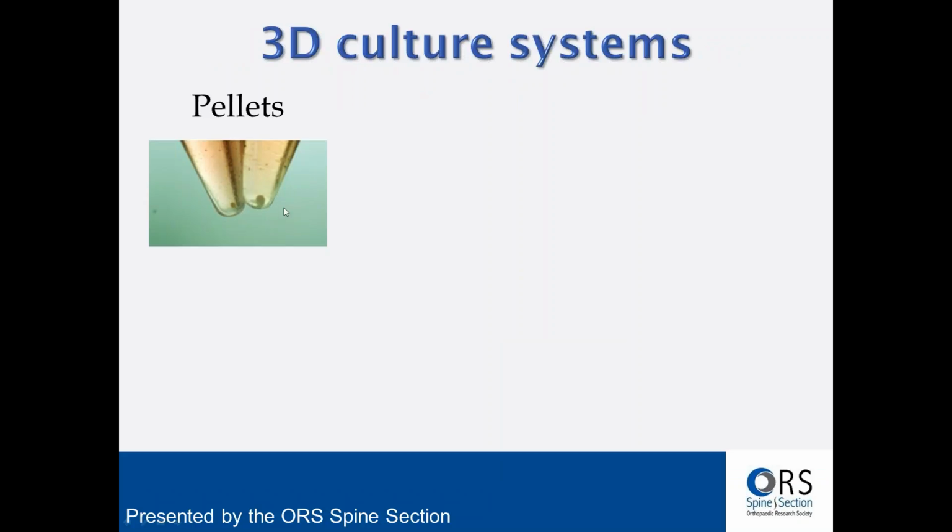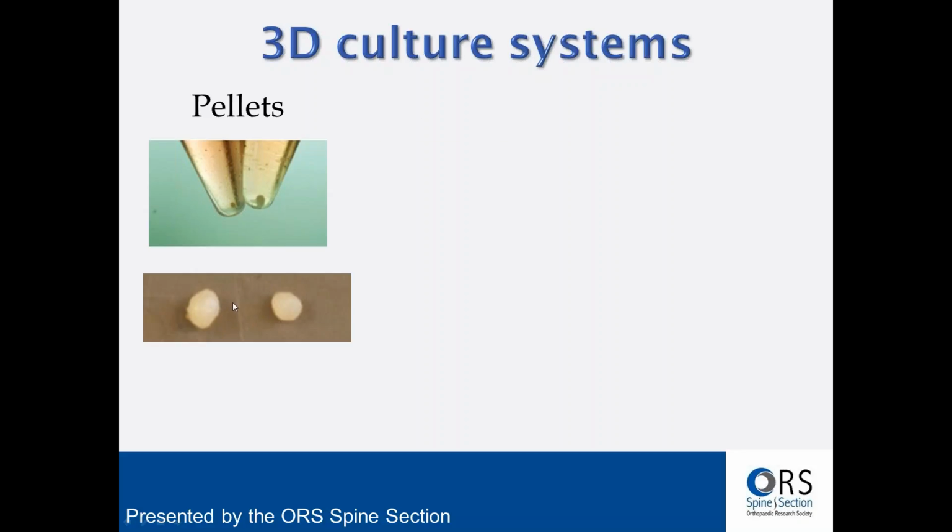So probably the first system that was developed was pellet, where you basically spin down a high population of cells in a 15 ml Falcon tube. And what you get is these little clumps at the bottom, which over time will increase in size and eventually will look like this. This works on the same principle of mesenchymal condensation during chondrogenic differentiation, which is inducing the phenotype similar to those seen within chondrocytes. Whether this mimics closely to nucleus pulposus cells is not that well understood, but it's likely more